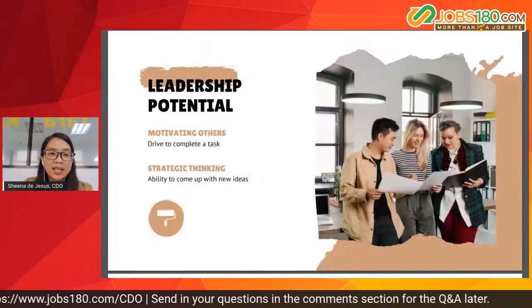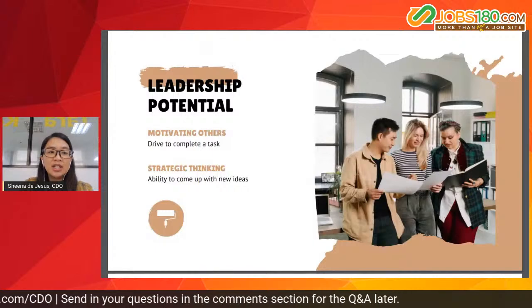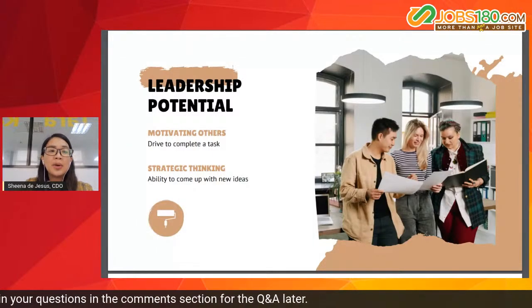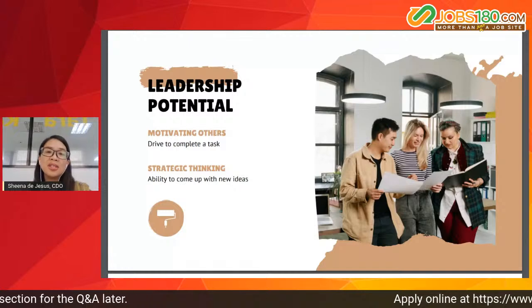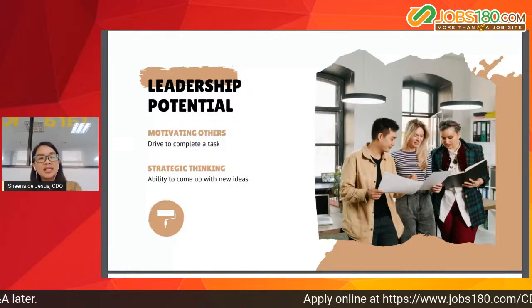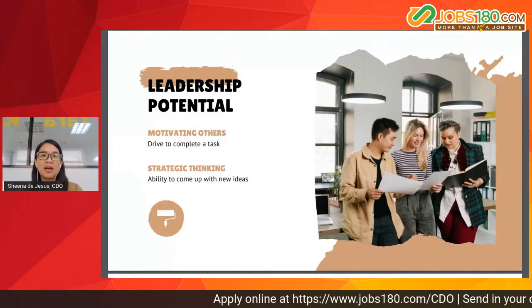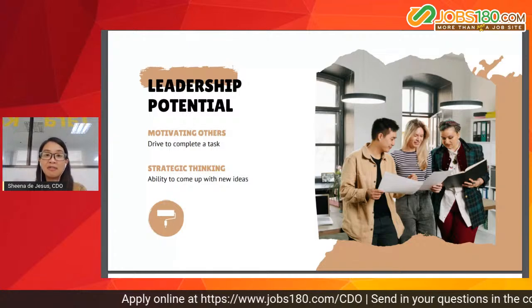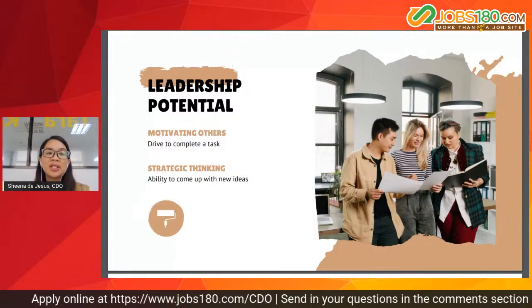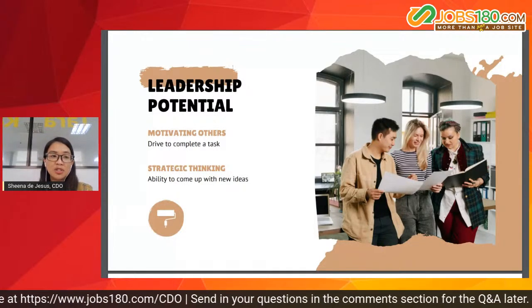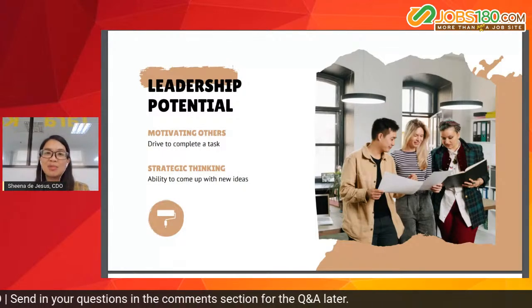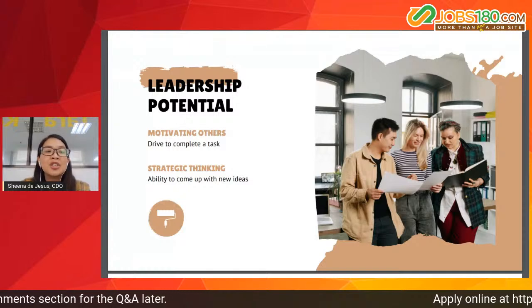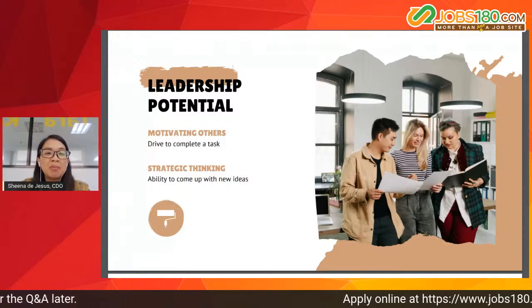Okay. Sige. Lastly, leadership potential. So when employers interview people, they don't see you as an HR assistant forever, or an accounting assistant forever. So we are trying to assess you as well based on your potential to lead the team in the future, maybe in 5 years, maybe in 10 years, or whenever the time is right. So as much as possible, employers